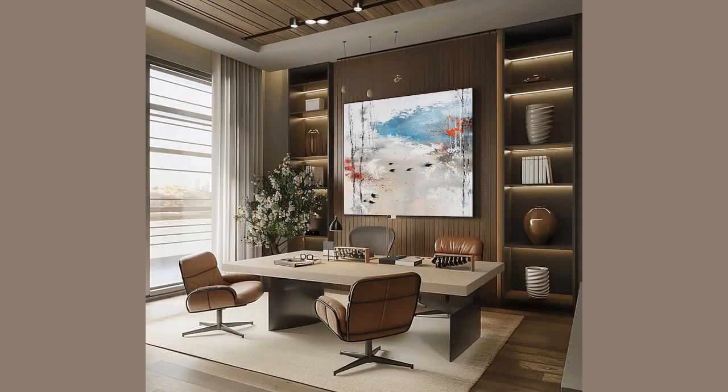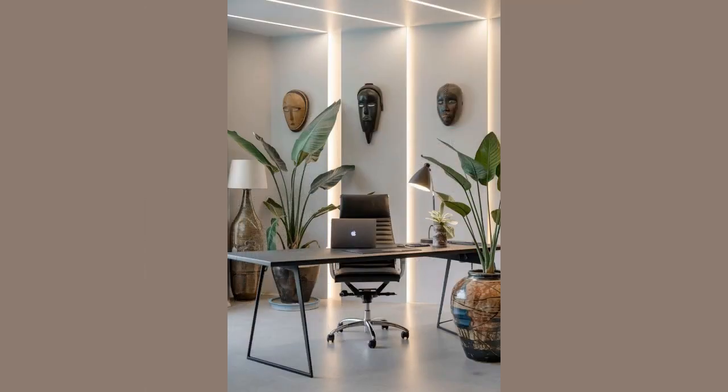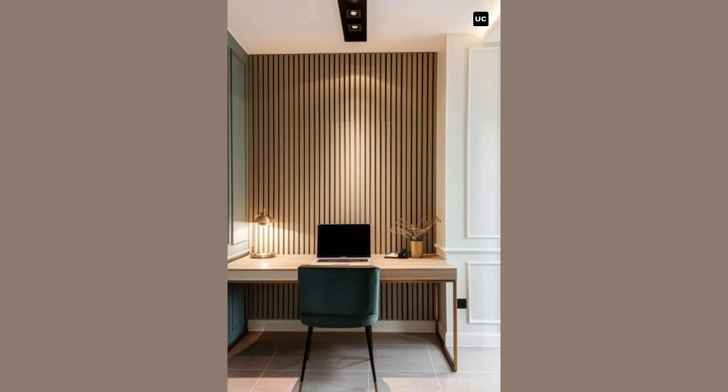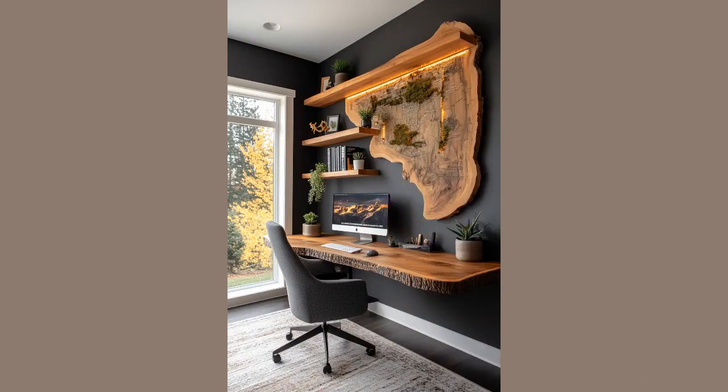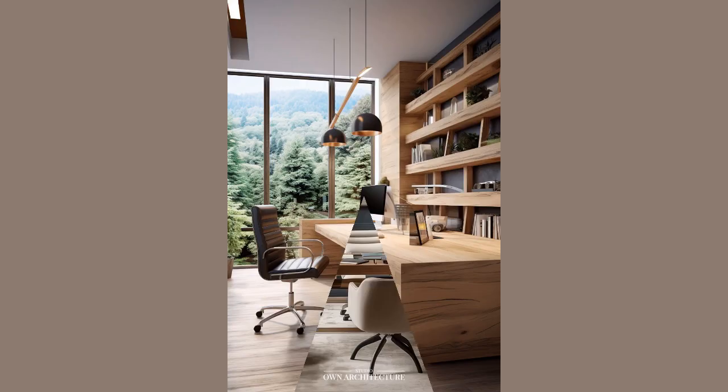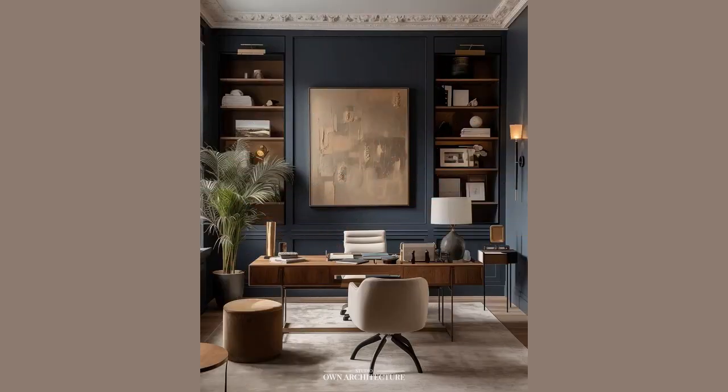For offices looking to make a bold statement, wooden wall paneling is an excellent choice. Wood-paneled walls bring texture, depth, and a sense of luxury to a workspace. Whether you opt for vertical wooden slats for a modern look, reclaimed wood panels for a rustic vibe, or intricate geometric wood patterns for an artistic touch, the impact is undeniable. These panels can be used to highlight an executive office, a conference room, or even an accent wall in a